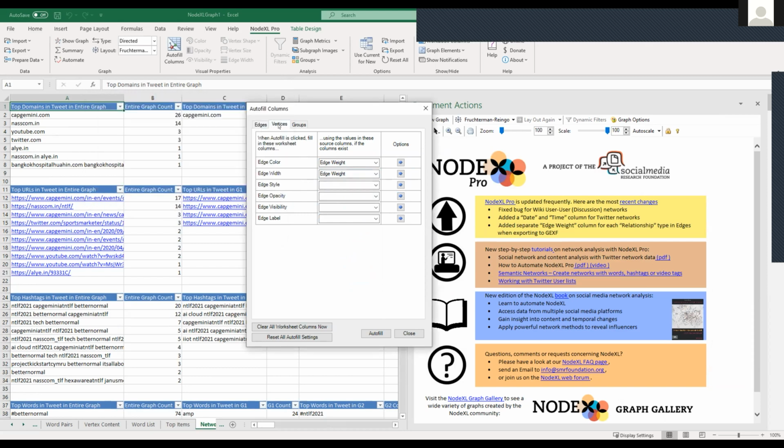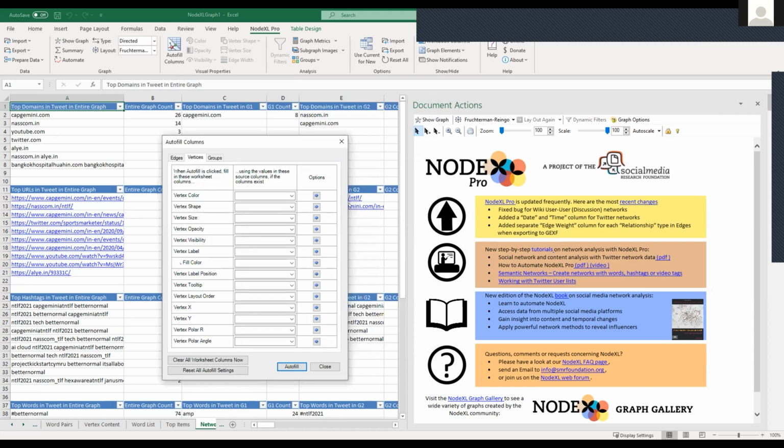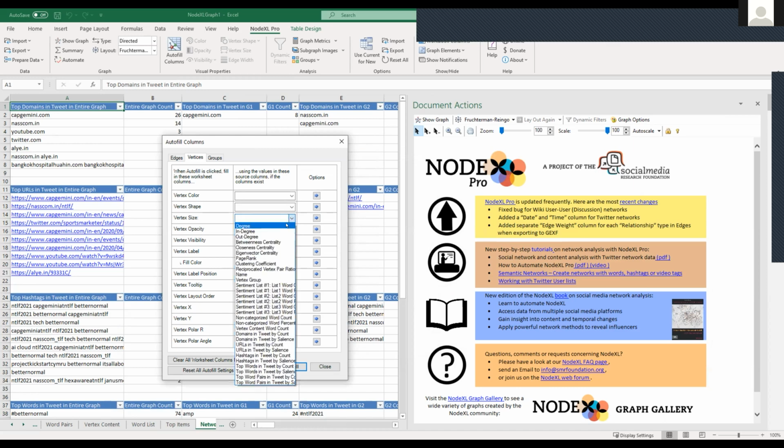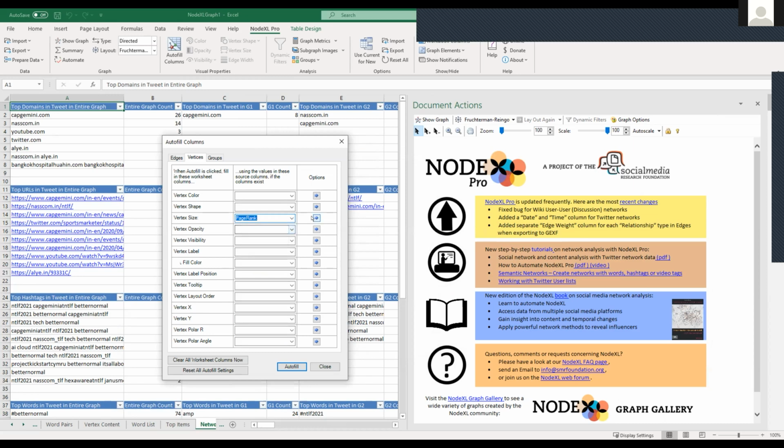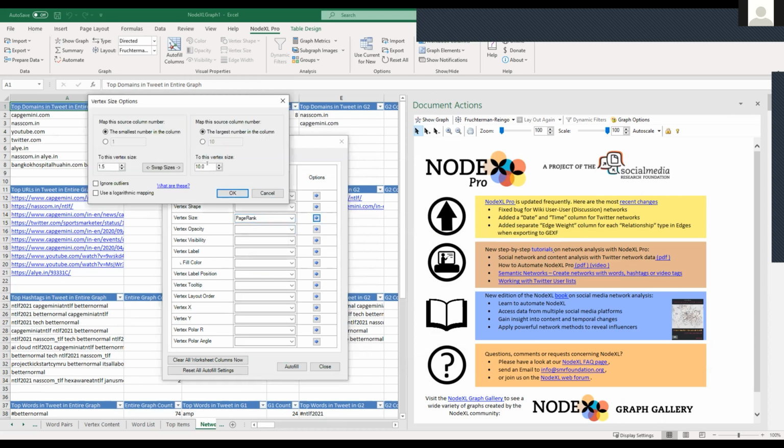And then sa vertices, you want the size of the circles of the nodes to mean something, right? You want it to communicate something meaningful. So usually what I do is vertex size will be page rank. So if you want the size of the node to show how influential that person is, then that size should be based on page rank. So you can do that. Then you can also set the options here. Maybe we can tell it na yung pinaka-influential 200 yung size, and then all the rest 1.5. So you can do that.